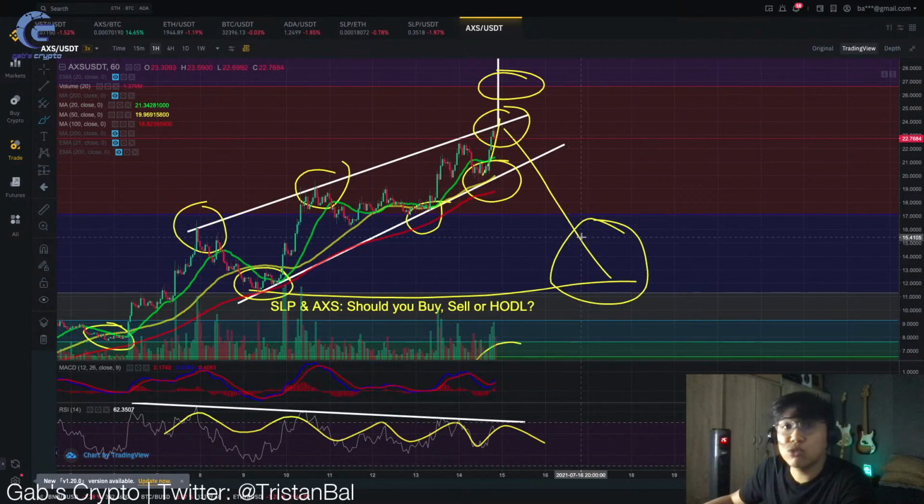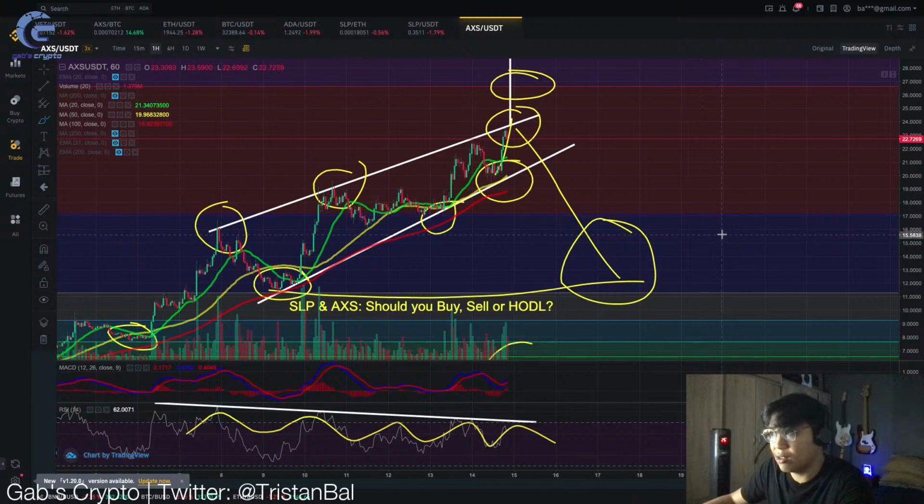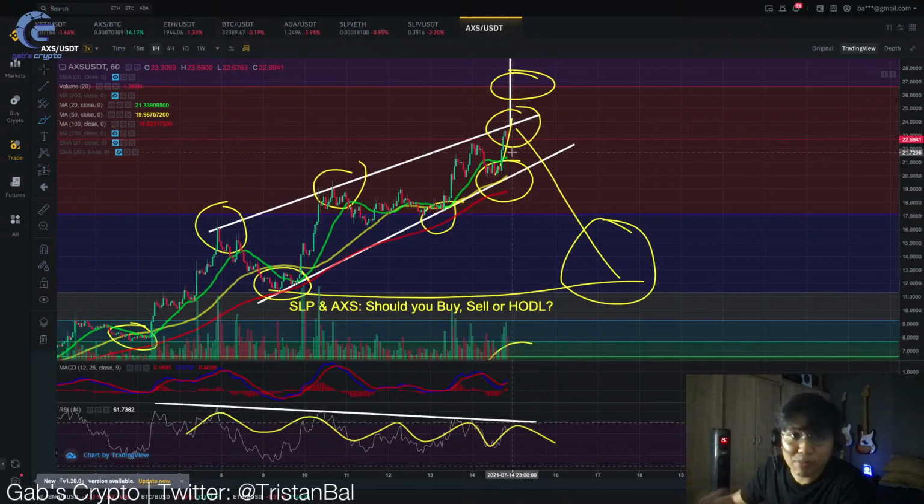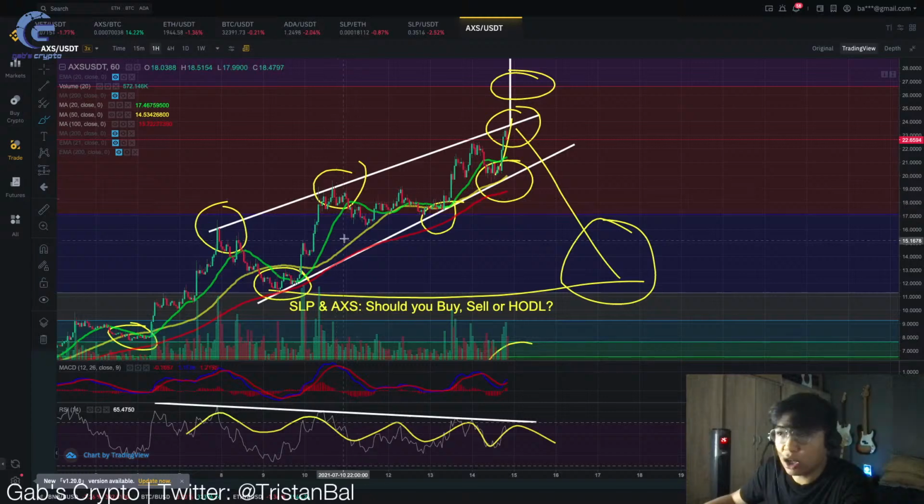Pero, if gusto mo na mag-cash out, you need to wait for movements like this na mag-pump. Kailangan nyo abangan muna yung pag-increase niya bago kayo mag-take profit. Kasi kung nag-take profit kagad kayo dito habang bumabagsak at hindi nyo pa nakita yung movement na umaakyat, that's not a good move kasi what you should always be capitalizing on is these volatile movements. Remember, crypto market is always volatile and regardless of the hype na nangyayari, you need to understand na the market will always go up and it will always go down. So, kailangan nyo abangan yun, guys.